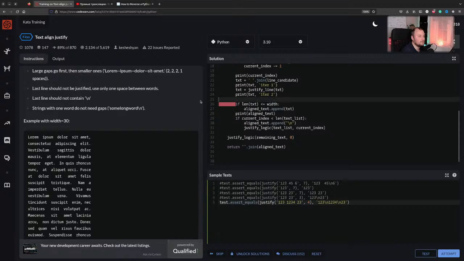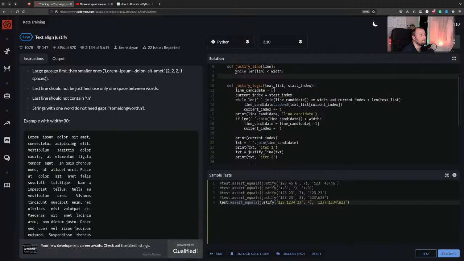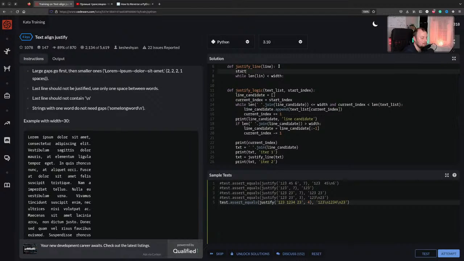And delete this. Okay, so going here. While len line is smaller than width, what we're gonna do here, we are going to iterate. So I need to have a start index. It's going to be 1. Oh, why 1? Because you shouldn't end here, is the len of line less than